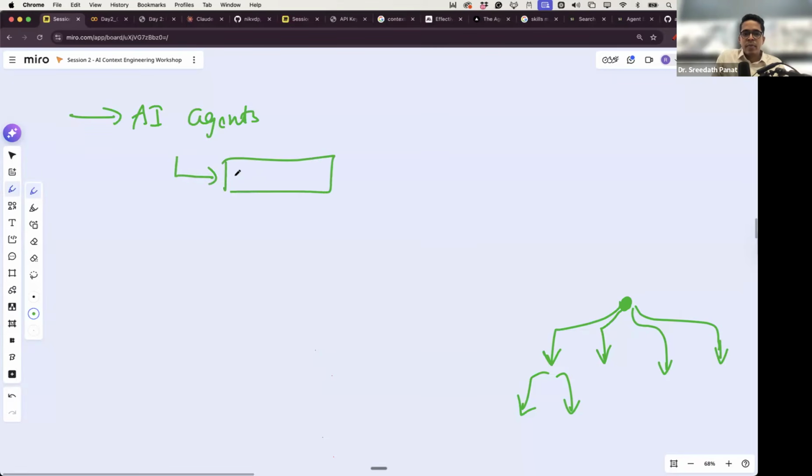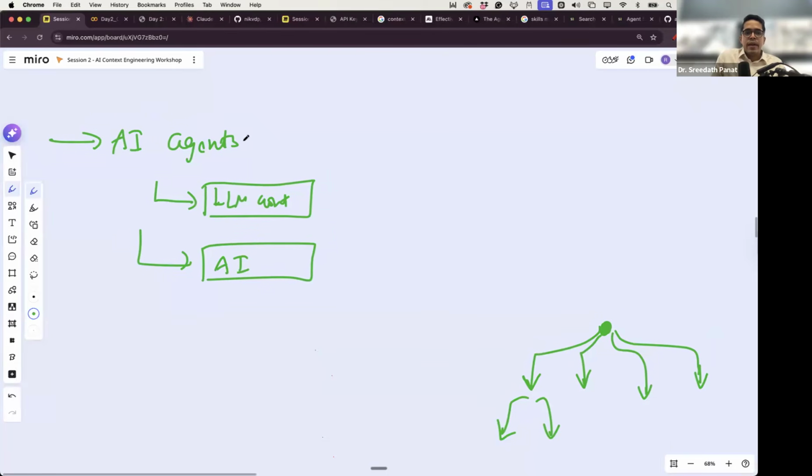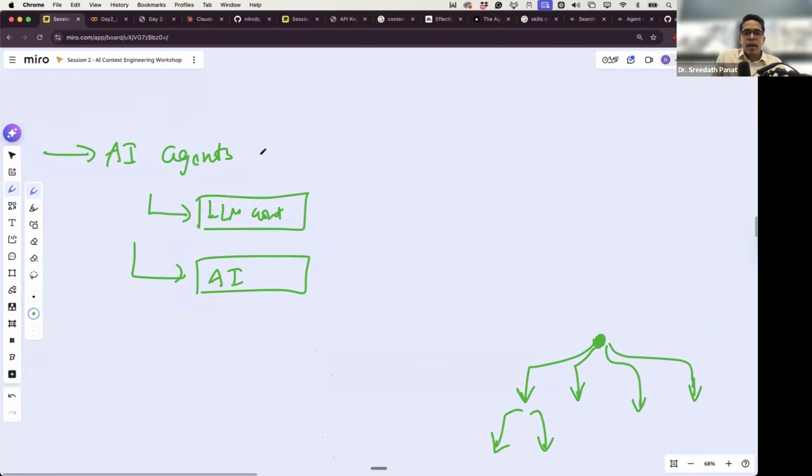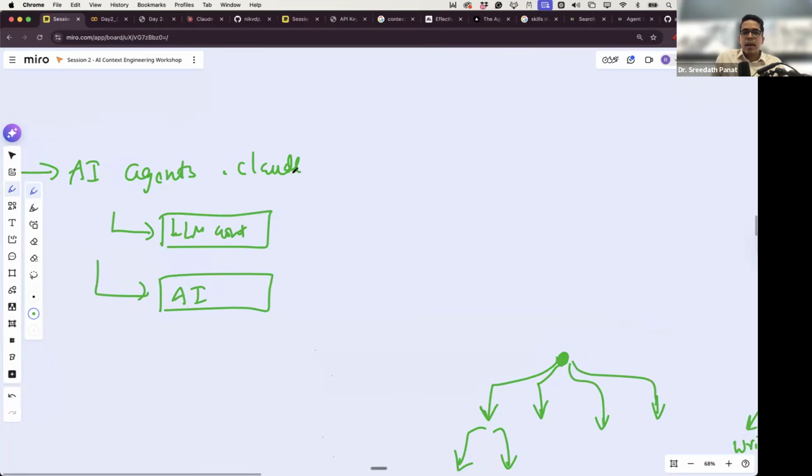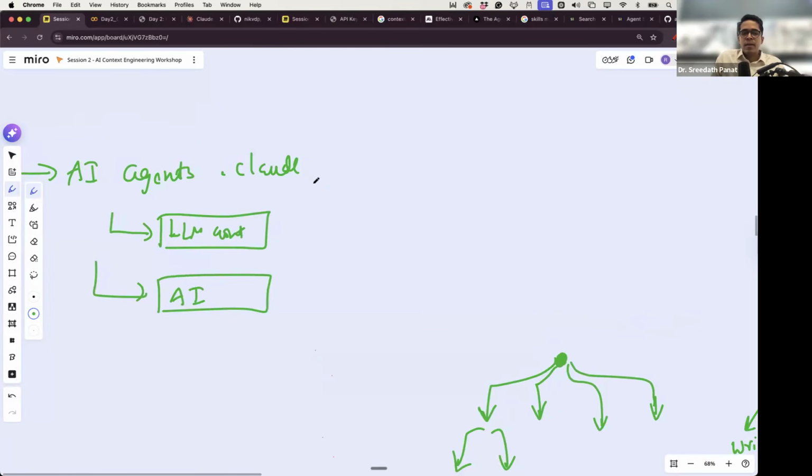So inside this, I may have a project called, let's say, LLM Context Engineering, or I may have another project called AI Developments Tracker. So in this AI Agents folder, I will have a .claude folder, which will define my preferences, inside which there will be a CLAUDE.md file. Similarly, inside this also .claude will be there, inside which there will be